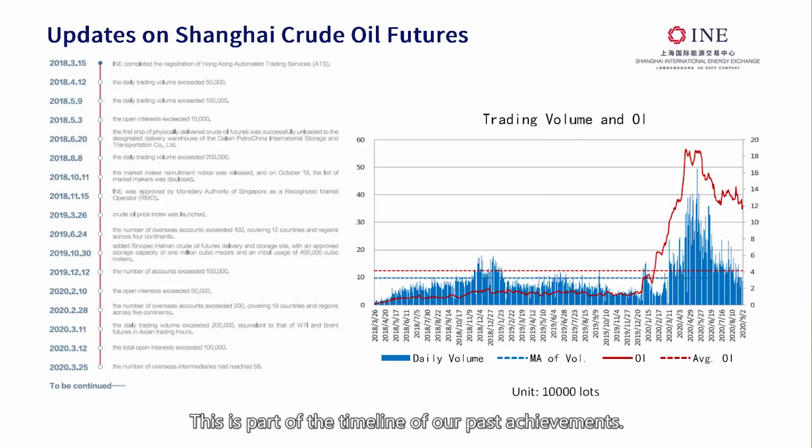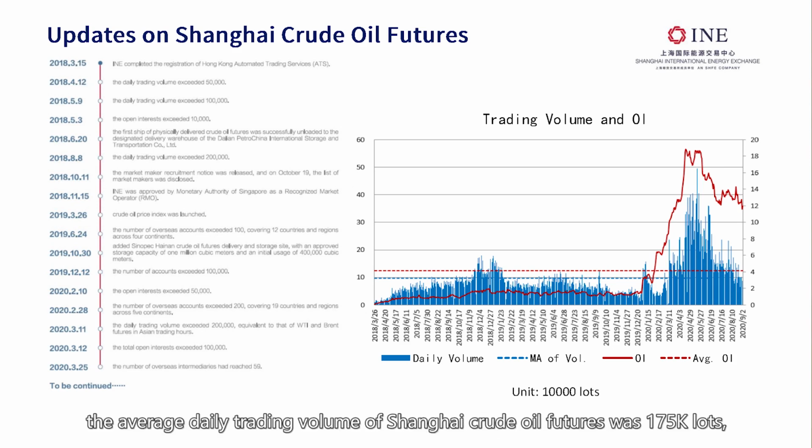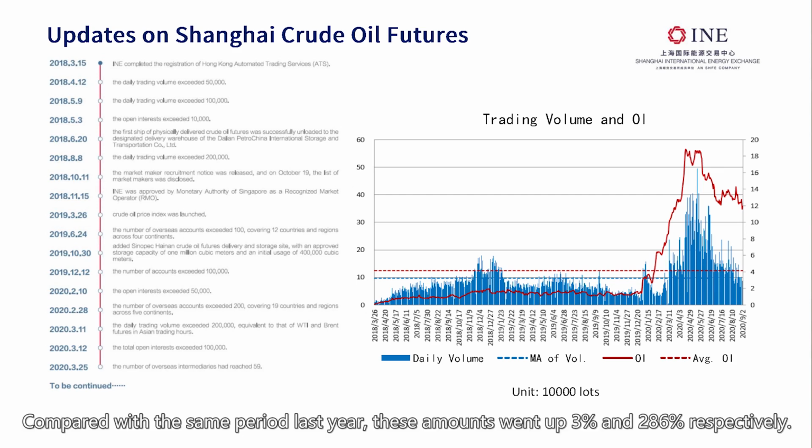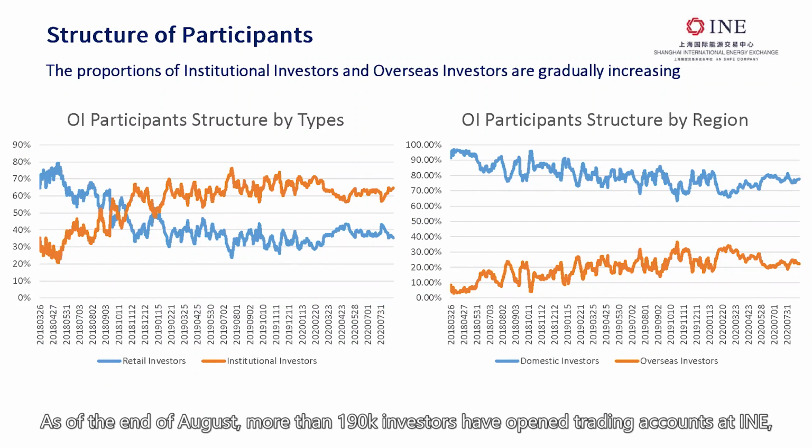This is part of the timeline of our past achievements. INE launched the Shanghai crude oil futures on March 26, 2018, and in the first half of this year, the average daily trading volume of Shanghai crude oil futures was 170,000 lots, and the average daily open interest was 116,000 lots. Compared with the same period last year, the amounts went up 3% and 286% respectively. As of the end of August, more than 190,000 investors have opened a trading account at INE, and